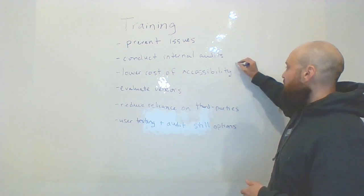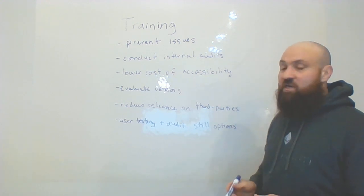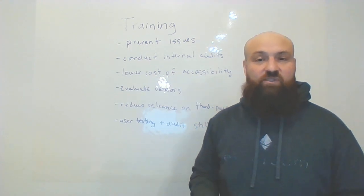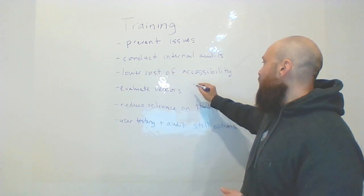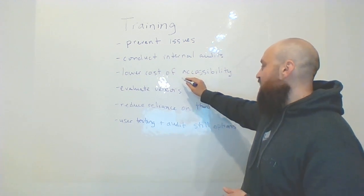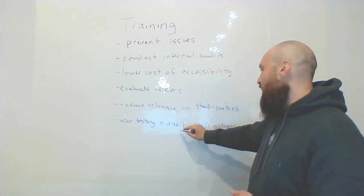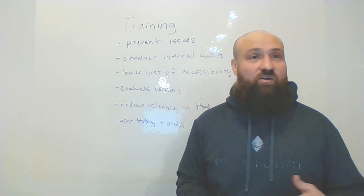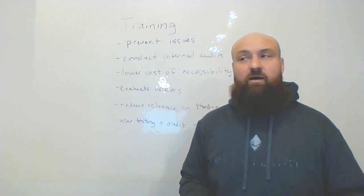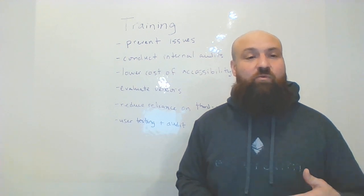Also, it's going to lower the cost of accessibility, and the reason why is because you won't constantly need to source this out to an independent third-party expert. So you may source out at times. So there may be times where you want user testing conducted or audits performed, and that's a good thing. It's a good idea to have those performed sometimes, to have an audit performed sometimes, but you don't need to